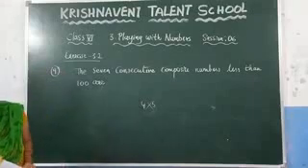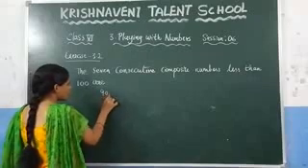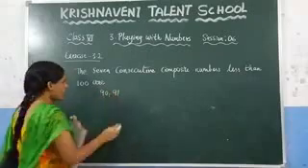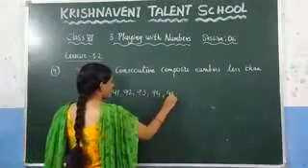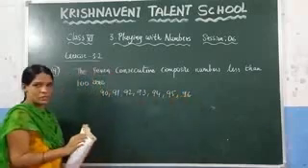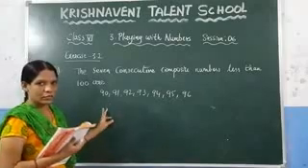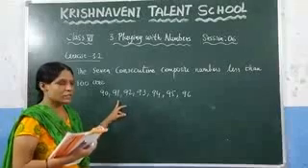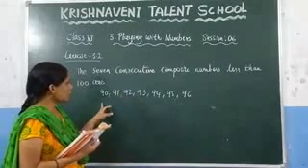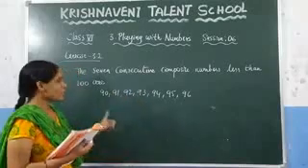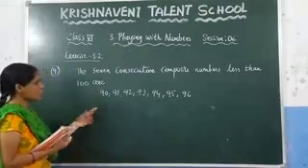Here you can observe that below 100, 90 is a composite number, 91 is a composite number, and after that 92, 93, 94, 95, 96. These are all composite numbers. And here you can observe that we have written the consecutive numbers. The consecutive number of 90 is 91, and of 91 is 92. We have written all the numbers in order, and all these are composite numbers, and it satisfies the condition that all the numbers are below 100. This is the answer.